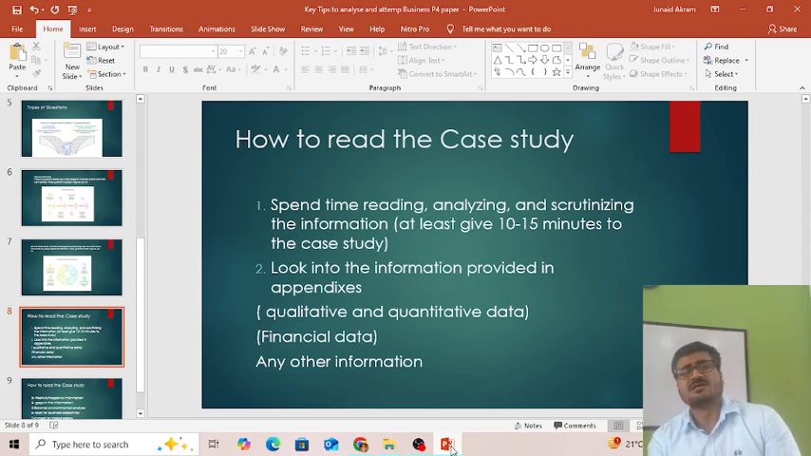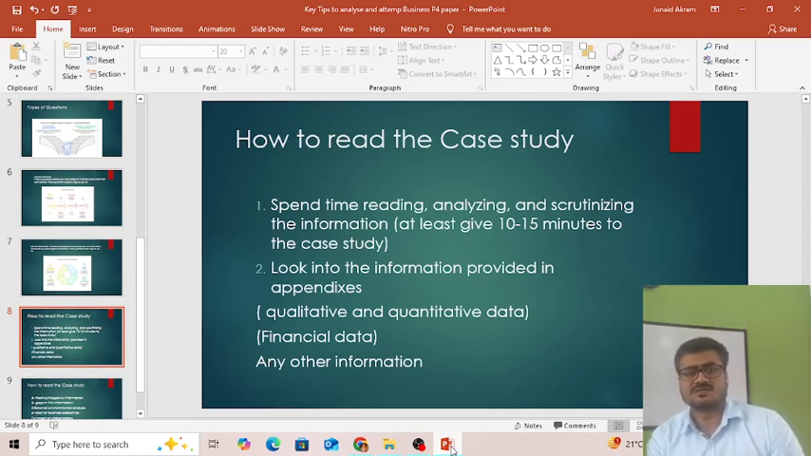So I advise students to read the case study for at least 10 to 15 minutes. You must give the case study at least 10 to 15 minutes, and read it properly and try to comprehend the information. You just need to underline the information for application purposes, and you need to underline the information for analysis purposes, on the basis of which you are going to analyze in your solution, in your answer. So at least 10 to 15 minutes must be given to the case study,